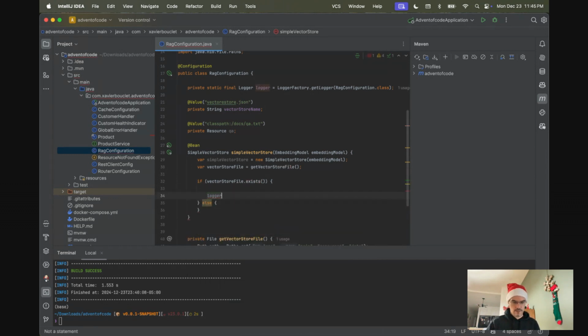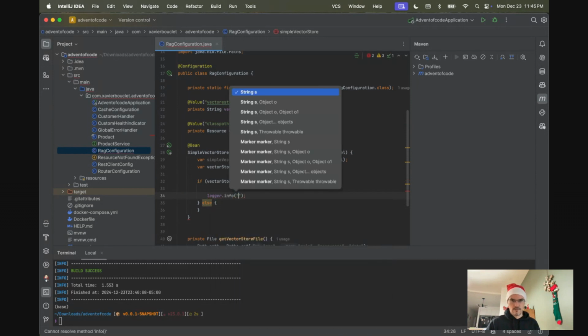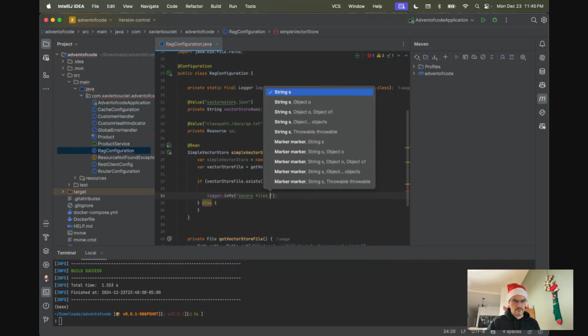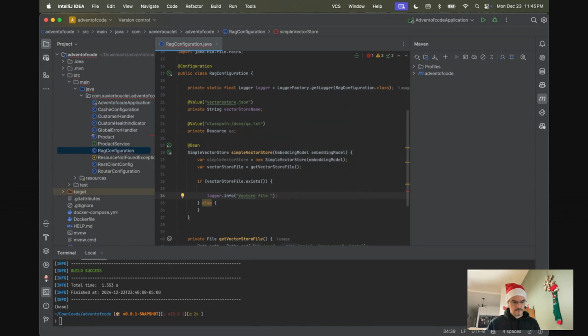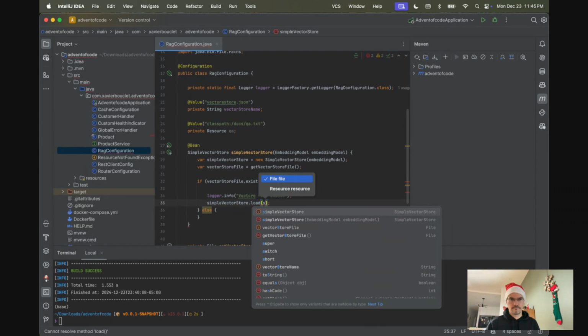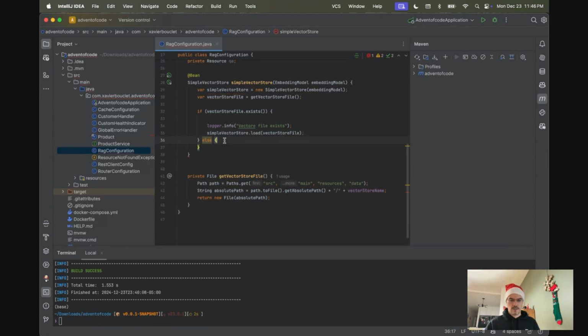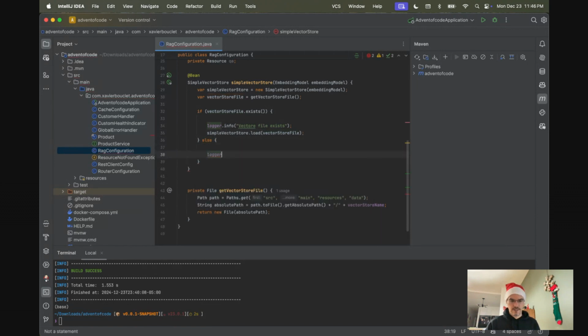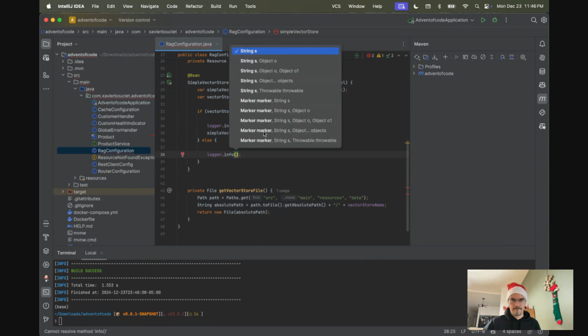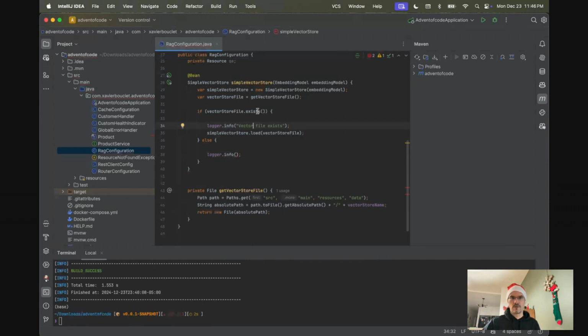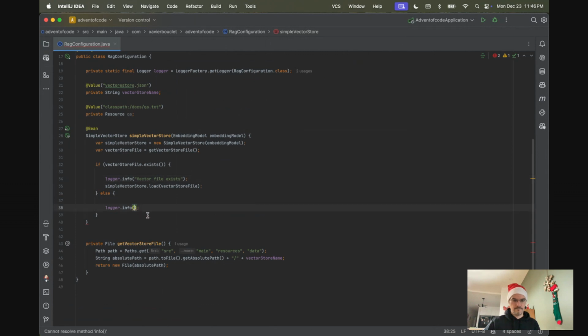So we need to load it through the file. Cool. Okay. If it doesn't exist,